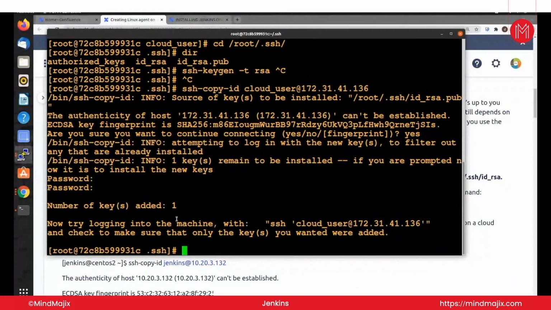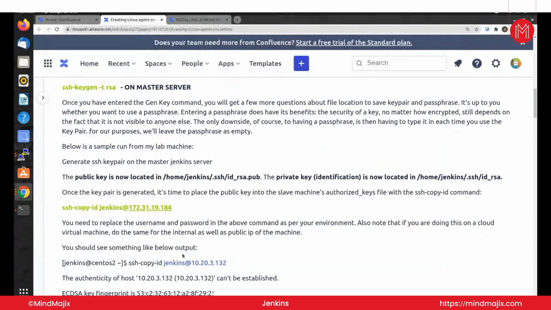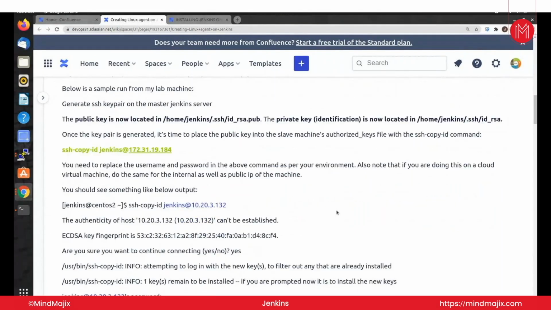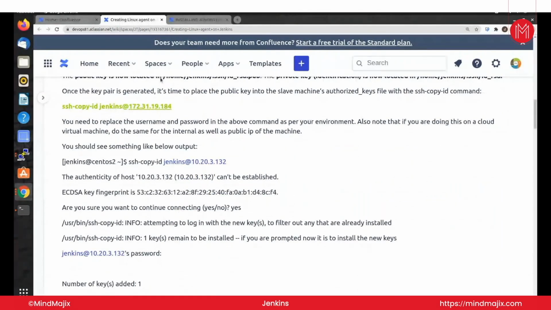After generating the key, we are done with the transfer of our public key to the node server, and now the public key has been transferred to the node server. Now we can try to do connectivity. So now let's go back to the document. Here it is saying you need to replace the username and password in the above command as per your environment. So now let's go back to Jenkins and try to